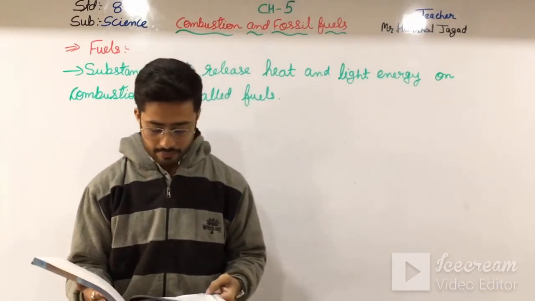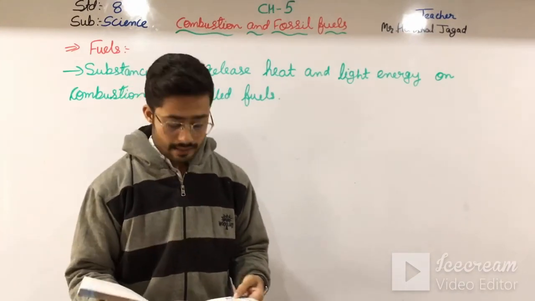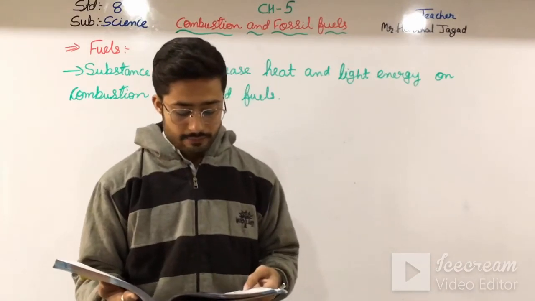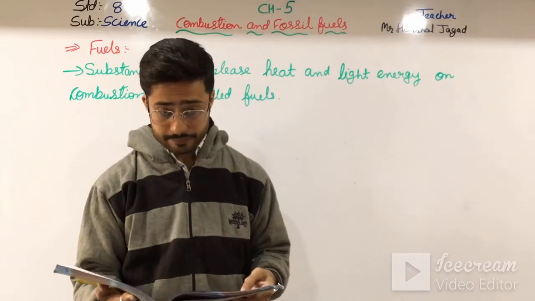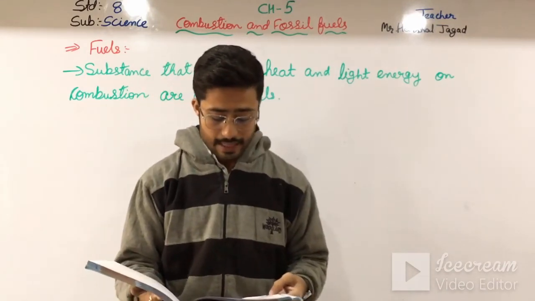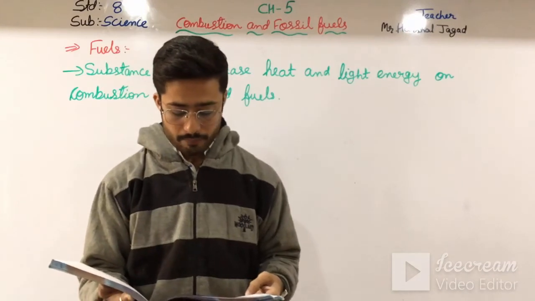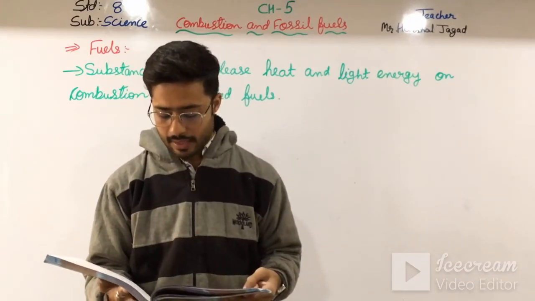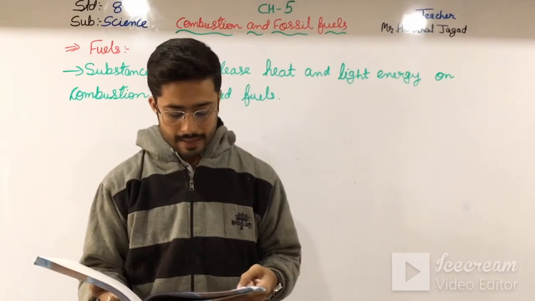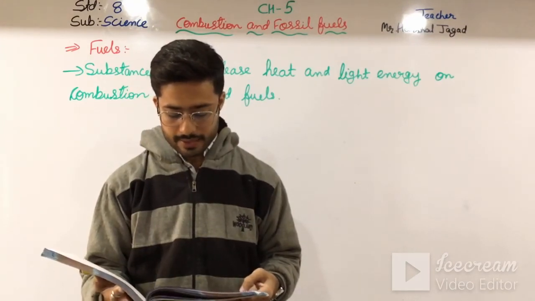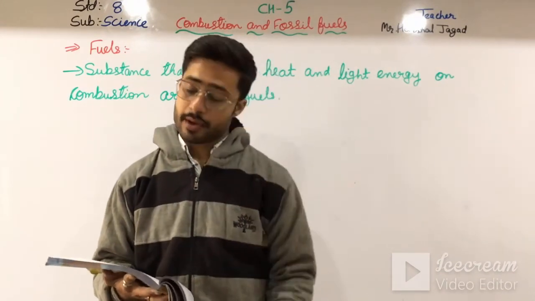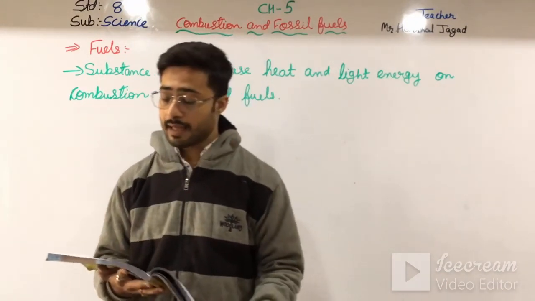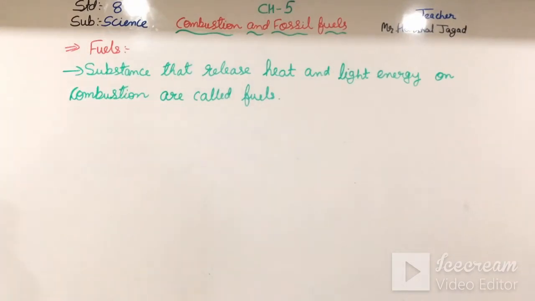A fuel must always contain one or more combustible elements such as carbon, hydrogen and sulfur. Here they have given the types of fuel, which I have just told you. Fuels are classified based on their physical state as solid, liquid and gaseous fuels. Some of the fuels that we obtain naturally are wood, coal, petroleum and natural gas. Charcoal, coal tar and coal gas are examples of fuels that are manufactured through some process. Here you can see in table number 5.2 the types of fuel classified. But that we will see in the next video.